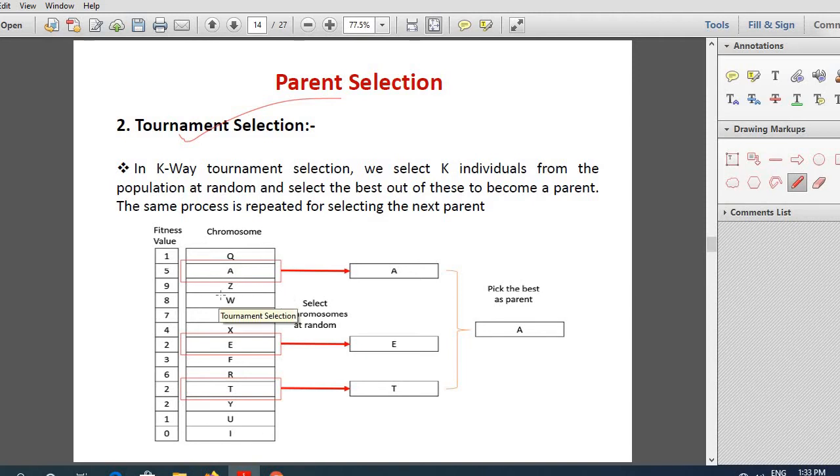Out of 13, you randomly pick 3. And those picked 3 members' fitness values will be evaluated, and the one with the best fitness will be chosen as the first parent. Now the same process will be repeated for selecting the next parent. So this is how tournament selection works.